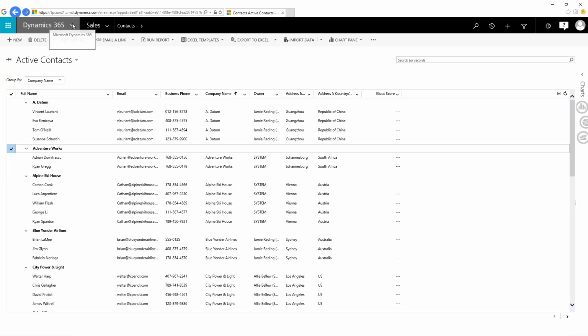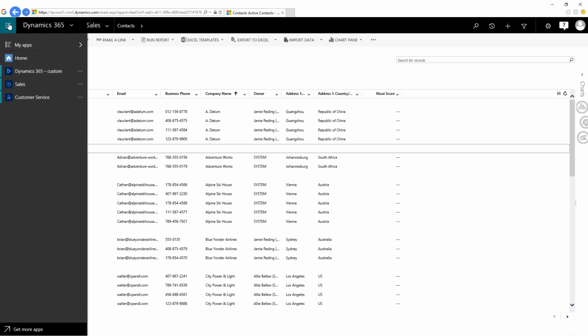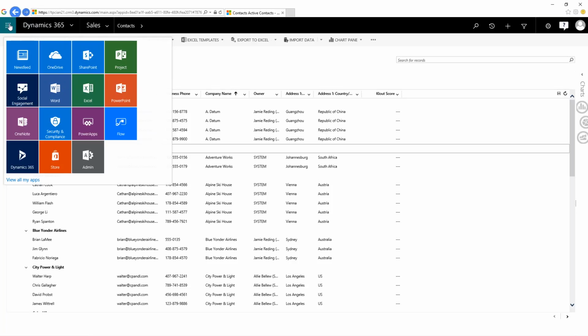So we can manage through the interface this way. We can also click on the little tile over here in the top left and have access to other applications that are in our family of products. So if you have Office 365 as well, then you would have access to Word and Excel online and PowerPoint and your email and OneDrive. And notice this is where I can access Flow and Power Apps.